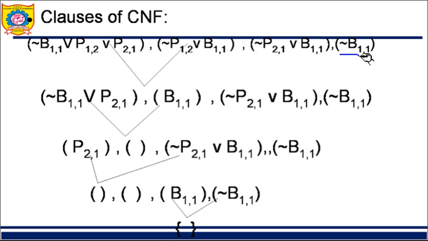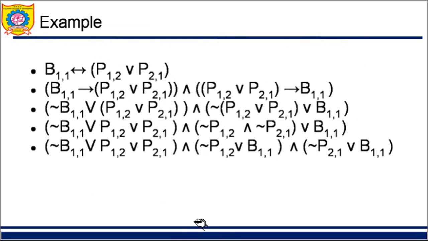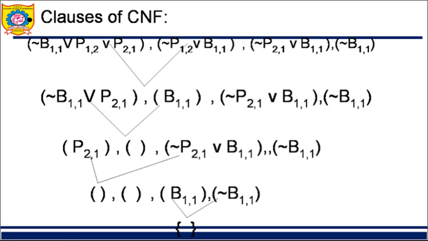Now what is this clause? This is nothing but what output do you want. So what output do you want out of this? I want to prove that all these things are equal to B11. So I want the output as B11. So what you have to do is add a 4th clause as the negation of the output that you want. I want to prove that the statement is equal to B11, so take negation of B11. What is negation of B11? Negate of B11. I just added it as my 4th clause. Don't forget this step.